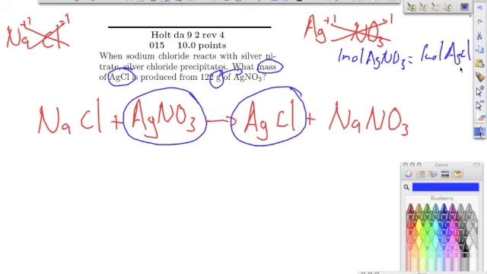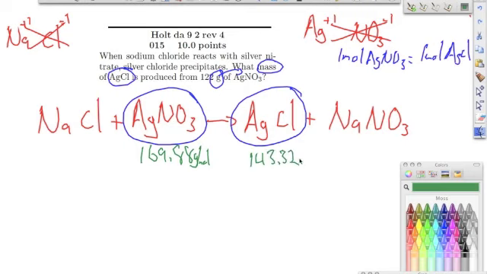Okay, so it's a 1-to-1 ratio. So our next step, we have to find the molar masses. In this one, we have 1 silver, 1 nitrogen, and 3 oxygens. We add all of those up, and we should see that we get a molar mass of silver nitrate of right around 169.88 grams per mole. And when we add up everything for silver chloride, we have 1 silver, 1 chlorine added all together, and we should get a mass of right around